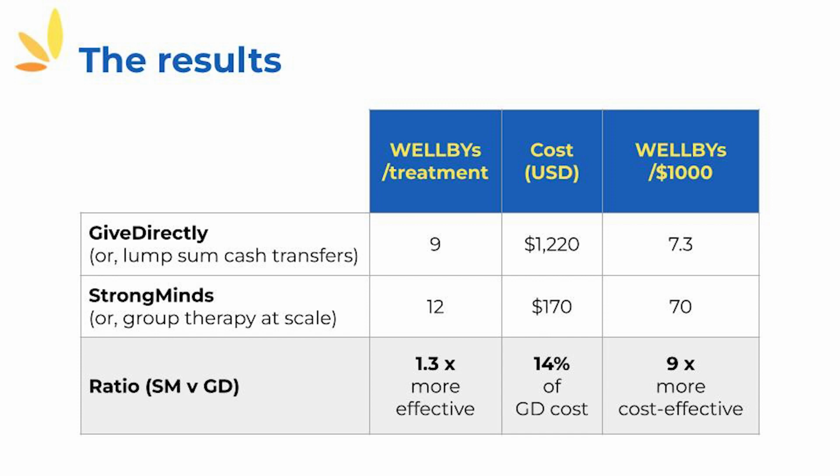This is a $1,000 cash transfer, a GiveDirectly-style lump sum. This is more than a year's household income, so this is big. The group therapy for the depressed and the cash transfers to people who are very poor have about the same size effects. The therapy is slightly bigger, but what really drives the difference is that giving people money is expensive. The more money you want to give them, the more you need to spend. So a $1,000 cash transfer is going to cost a bit more than $1,000 to deliver. Group therapy provided by an organization like StrongMinds costs about $130 per person.